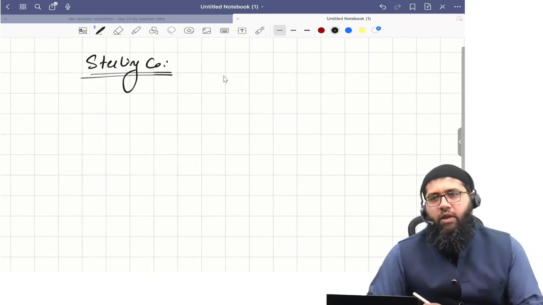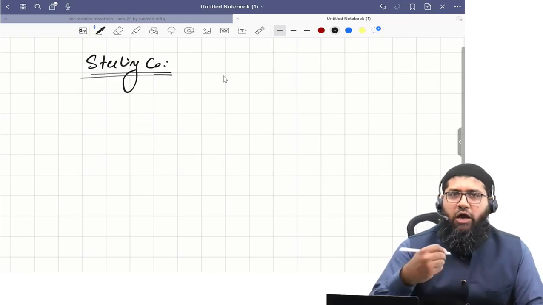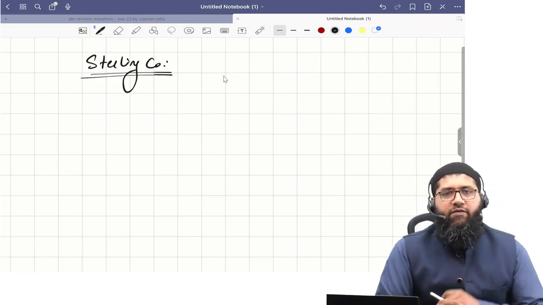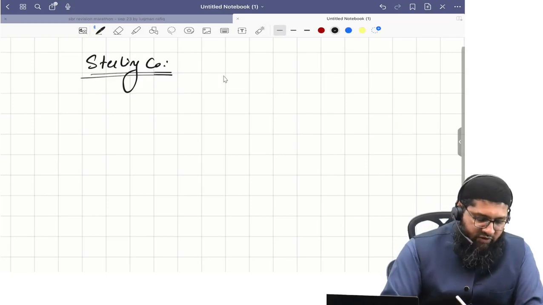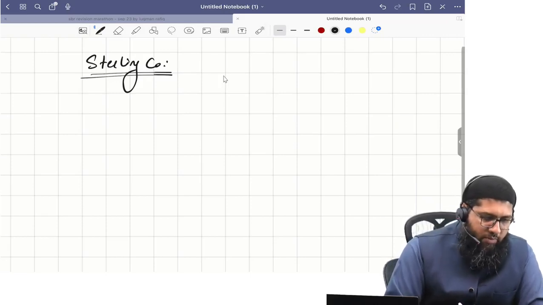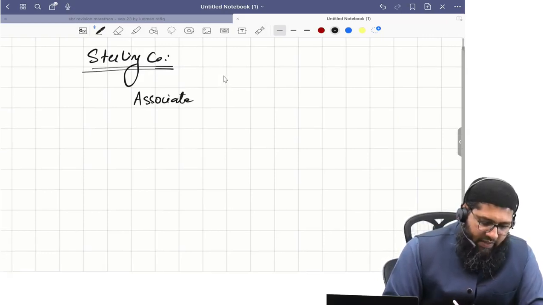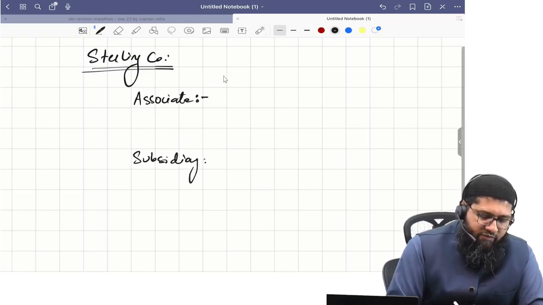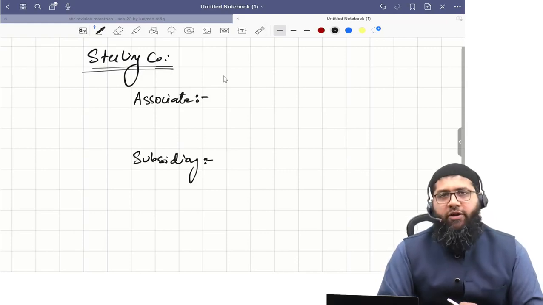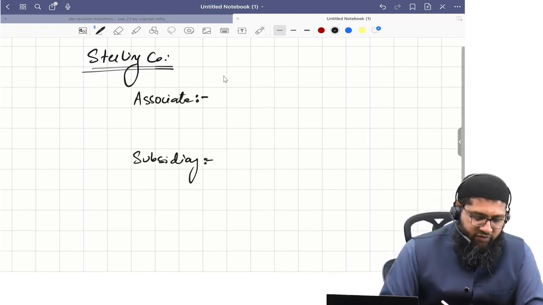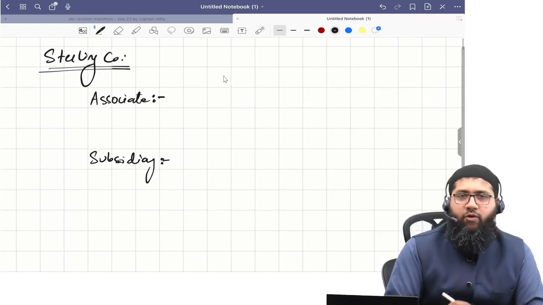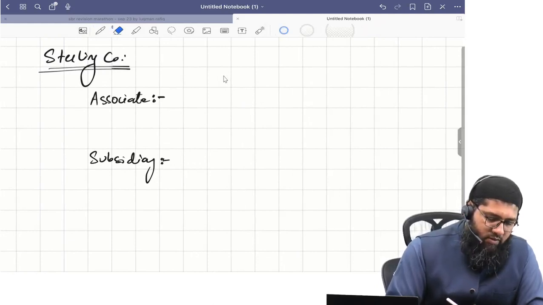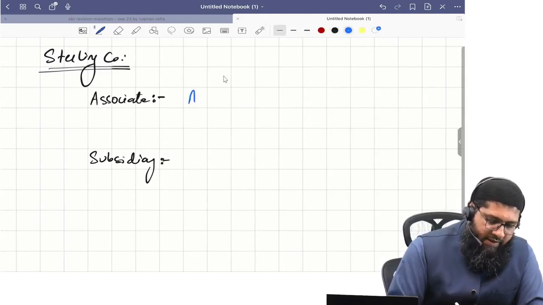Now, you know that when we talk about investments, there are different categorizations, different classifications for investments. One of the classifications is that of an associate. The other classification is that of a subsidiary. When we talk about an associate and a subsidiary, what exactly are the differences? So when I talk about the associate, what is an associate? An entity